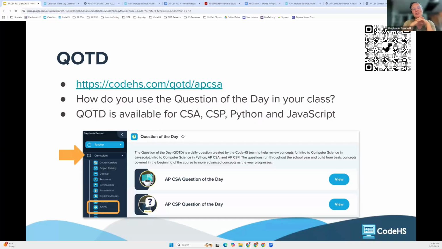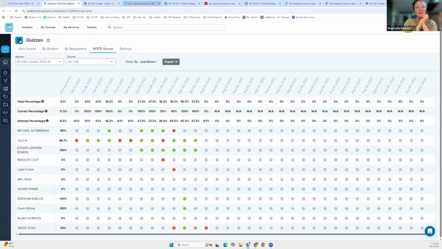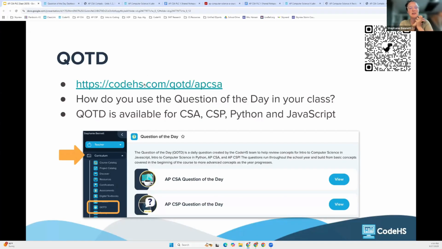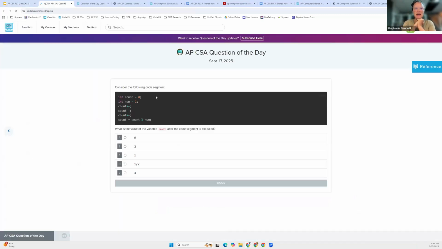Because that would be a nice feature to have. Like if you have multiple class periods and you need to show the question of the day, because we have all these other languages too. You know, I'm not sure if many teachers have multiple CSA courses, but I'm sure folks have multiple Python courses and multiple... Okay, let me just pick something and not really think about it.